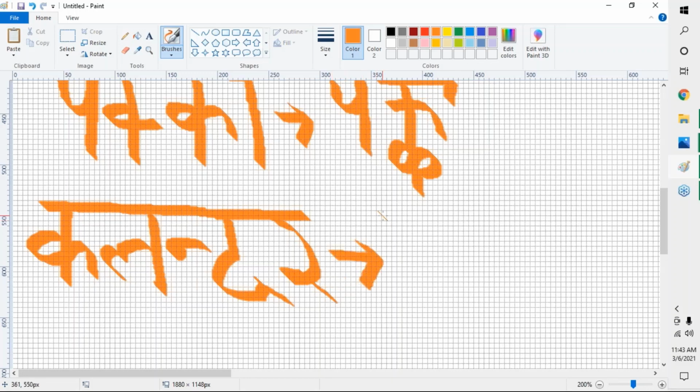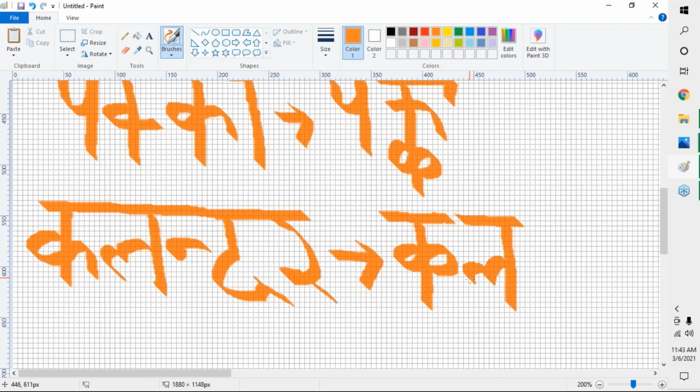So how will it be written? K is full. There is no problem. We will write it full. Extend it a little bit. Always K should have a better Shirorekha. L is full. There is no problem. Just see this, I'm not touching the Shirorekha with this particular letter. This is also another observation which students should remember.